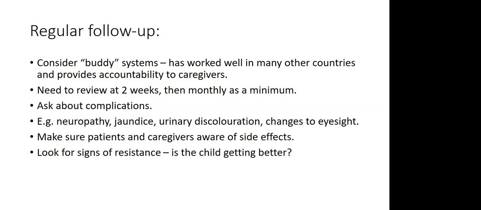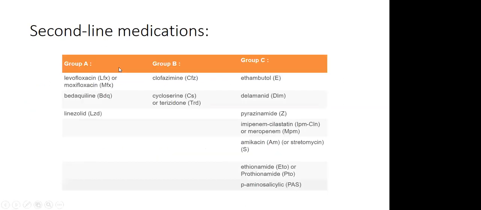We had one child, they were actually in that small tetanus room a little while ago, maybe 2-3 months back, and they were taking their TB treatment. They were doing well on the treatment, but their liver tests, the ALT especially, were going very out of hand. So we had to make some little changes. And as well, look for signs of resistance. If they are taking treatment very faithfully but they're still not improving, then you're into thinking about resistant TB. And we're going to talk about that a little bit now, if I can make it work. Medicines.